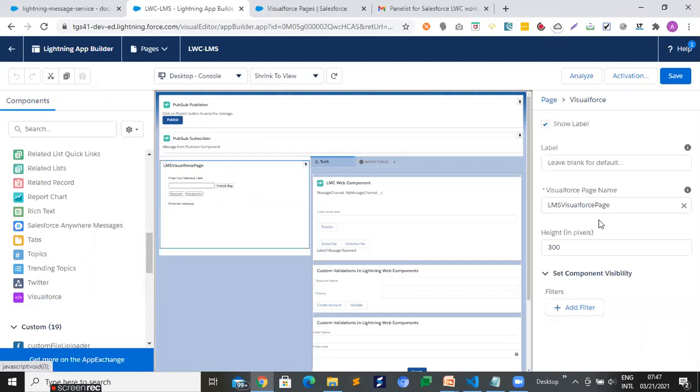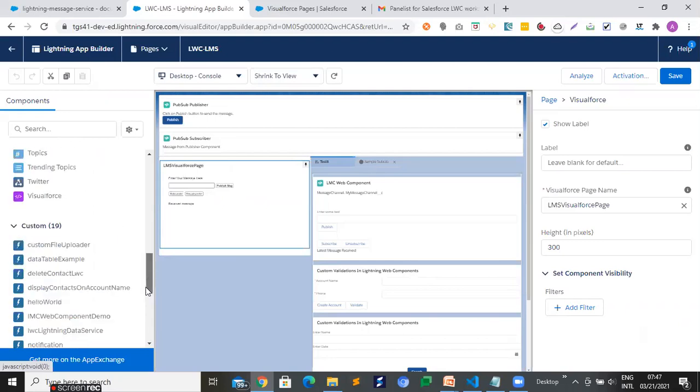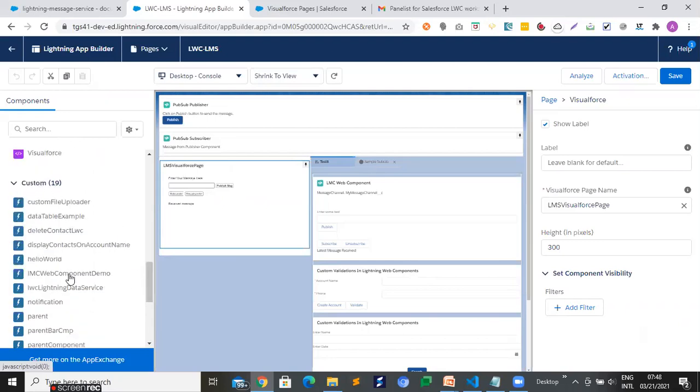You need to link your VF page, that means which VF page you want to display over here, right? Similarly, if you want to utilize your LWC component, it is available in your custom part. Simply drag and drop your component in any location where you want to display it, right? After that, you need to simply save.